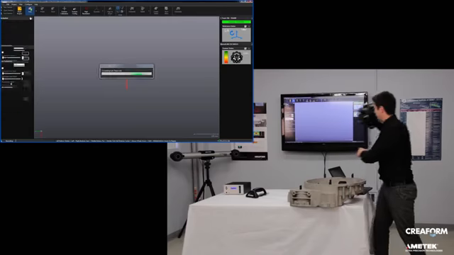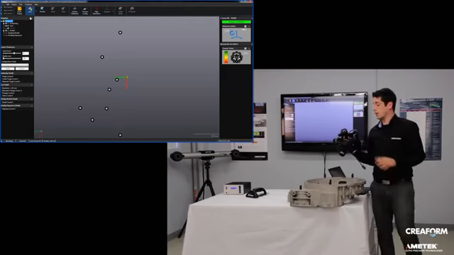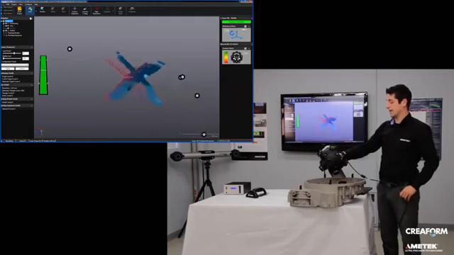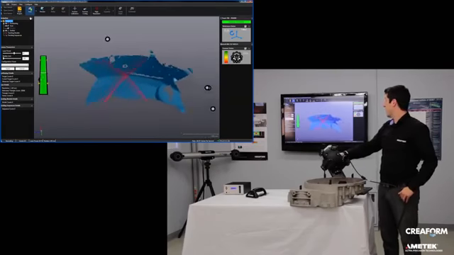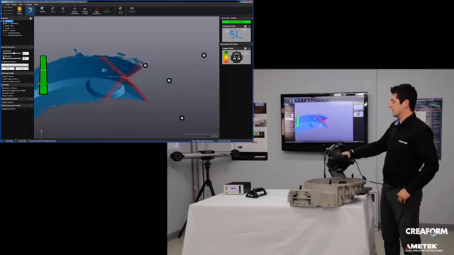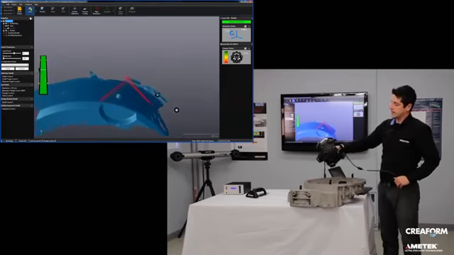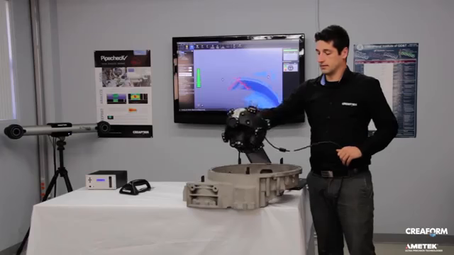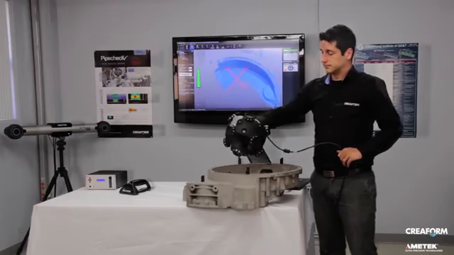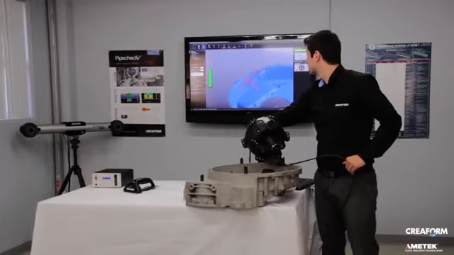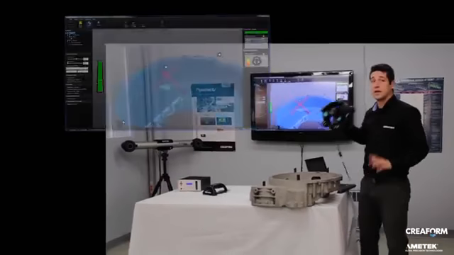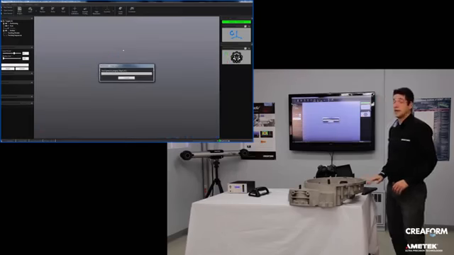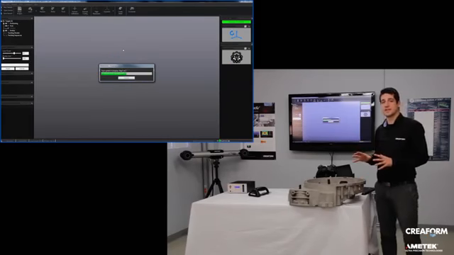We launch the scan mode, and all you have to do is hold the trigger of the scanner and aim at the part, and it's just like spray painting. It's pretty easy and pretty fast. As you can see on the screen, there's a live rendering of what you're doing, so you can see how much of the part is scanned. Once we're done scanning, we're going to accept it, and VX Elements is going to finalize the model using